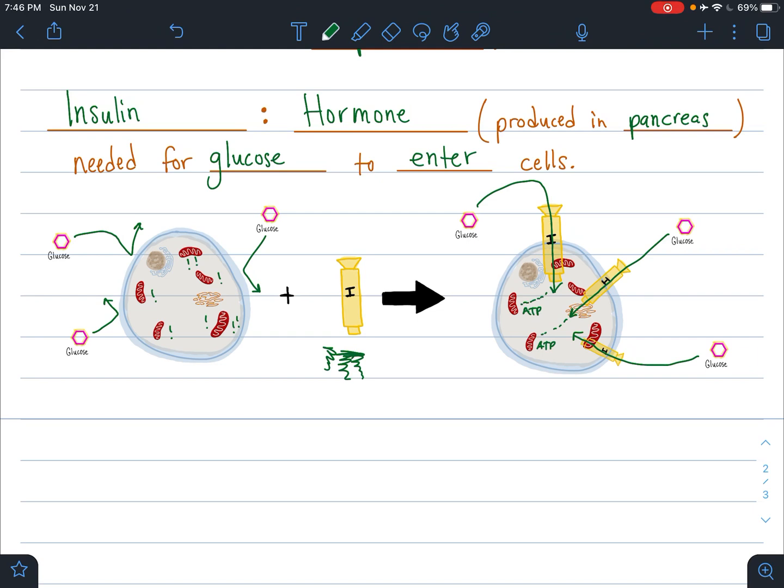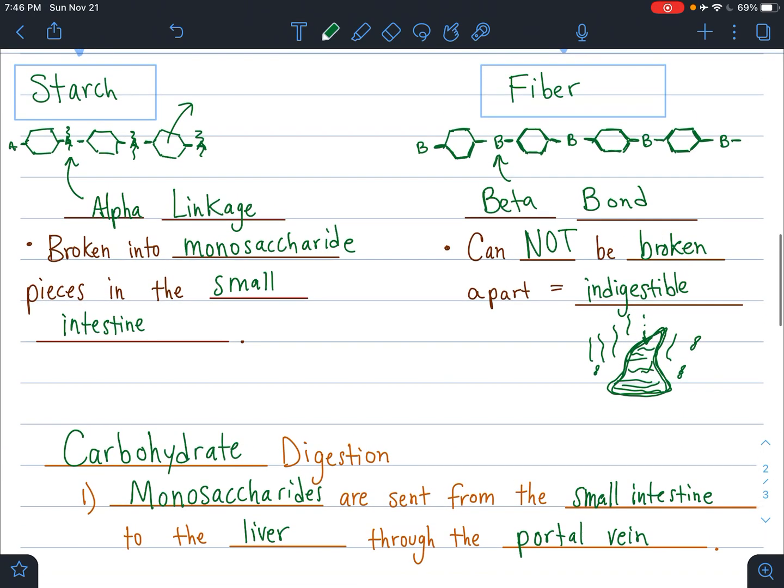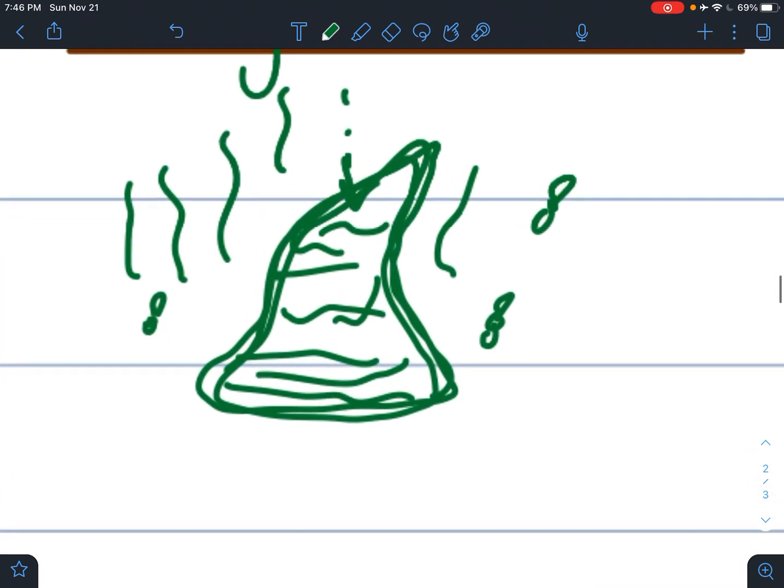So we need insulin in order to digest those carbohydrates, and those carbohydrates get digested in our small intestine into the monosaccharides, as long as it's a starch. But if it's a fiber, that fiber is indigestible, and it just goes into our